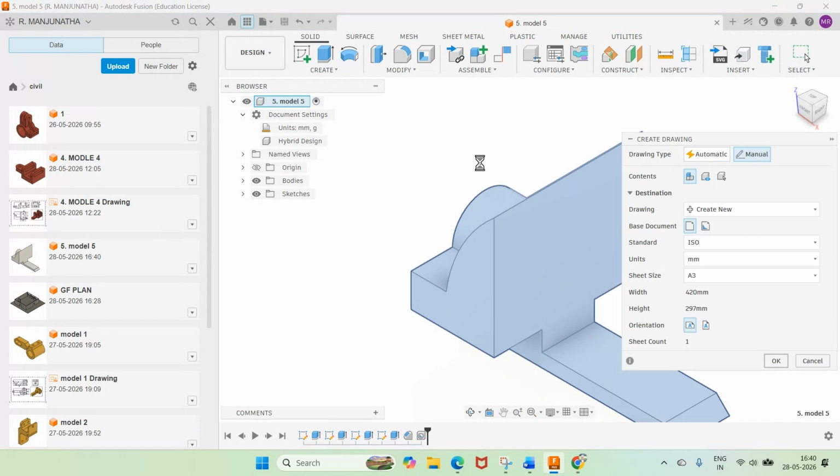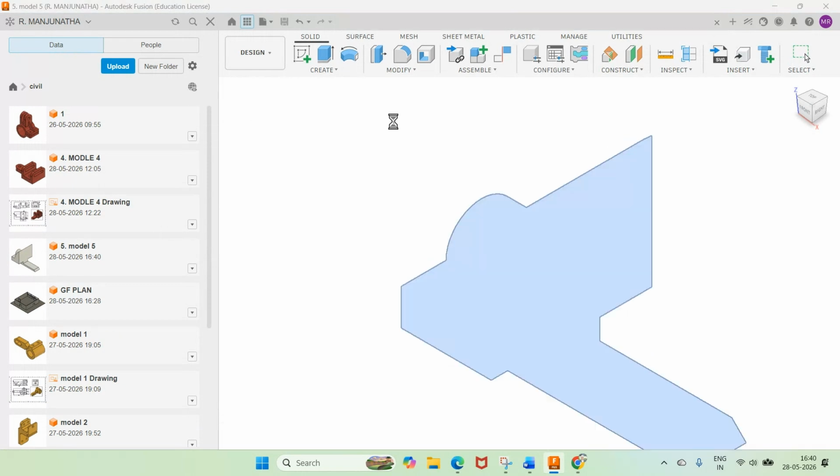Now, once you do that, it has to convert this into a drawing. So we need to take the drawing template. Since it has to come from the cloud, it will take some time. Once you get this,